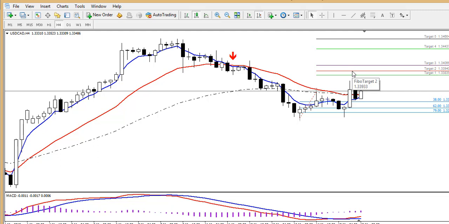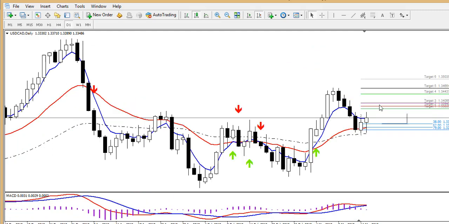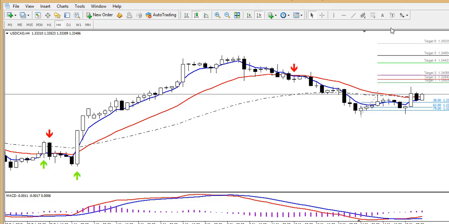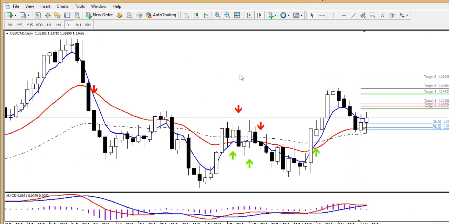But because I know that the overall trend is bullish and price is just bouncing off of this level here and about to start the fifth wave on the daily time frame, I can with confidence decide that I want to take the fifth, even the sixth price level as my target. Why? This is because I know that the trend is going to go that high. Okay, if we look at it from the daily perspective,